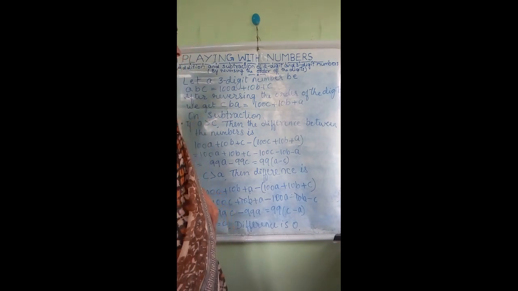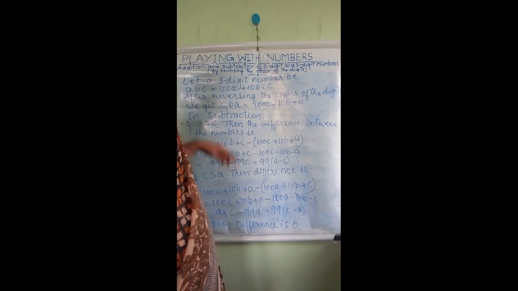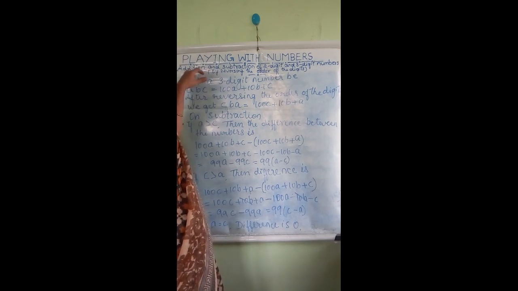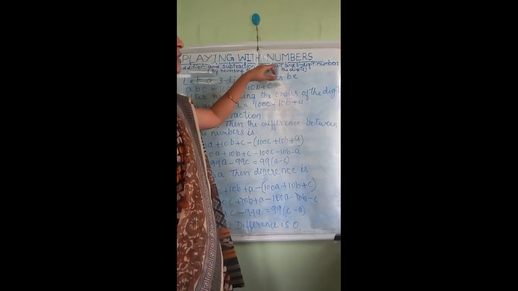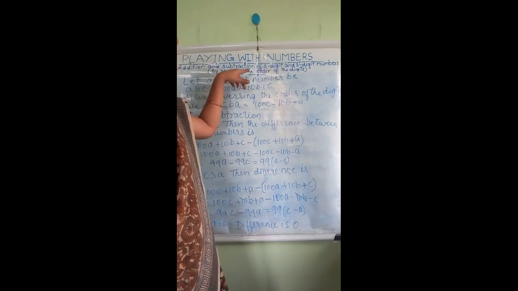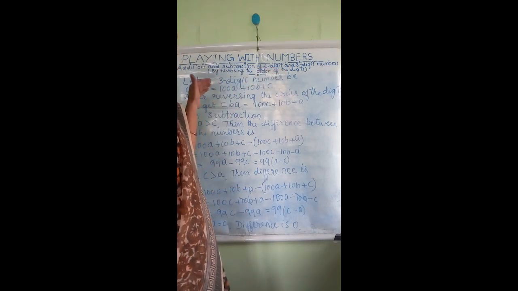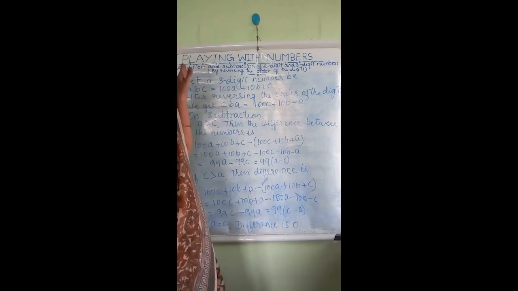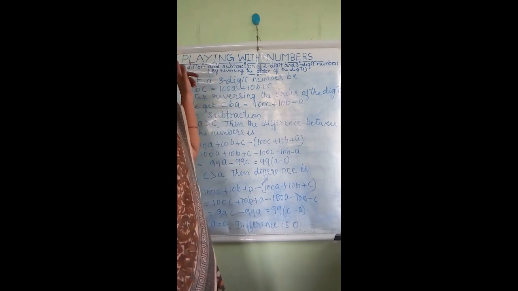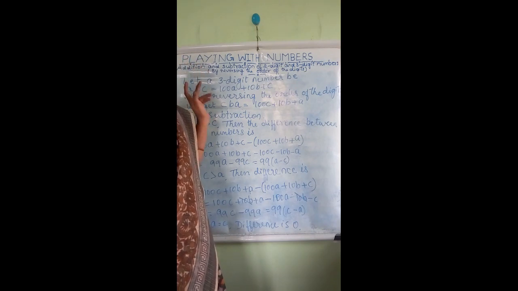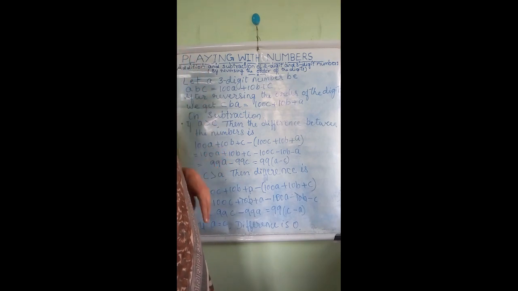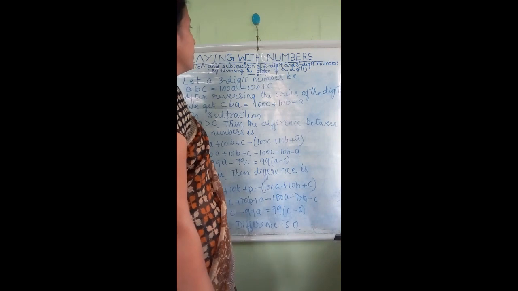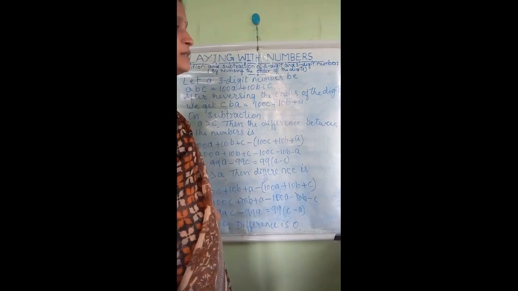Subtraction of 3-digit numbers. Okay. So far you have learnt about addition and subtraction of 2-digit and 3-digit numbers by reversing the order of the digits. Subtraction of 3-digit numbers you have not learnt. Today you will learn that. Addition of 3-digit numbers and addition and subtraction of 2-digit numbers you have already learnt. Today you will learn how to subtract 3-digit numbers by reversing the order of the digits.